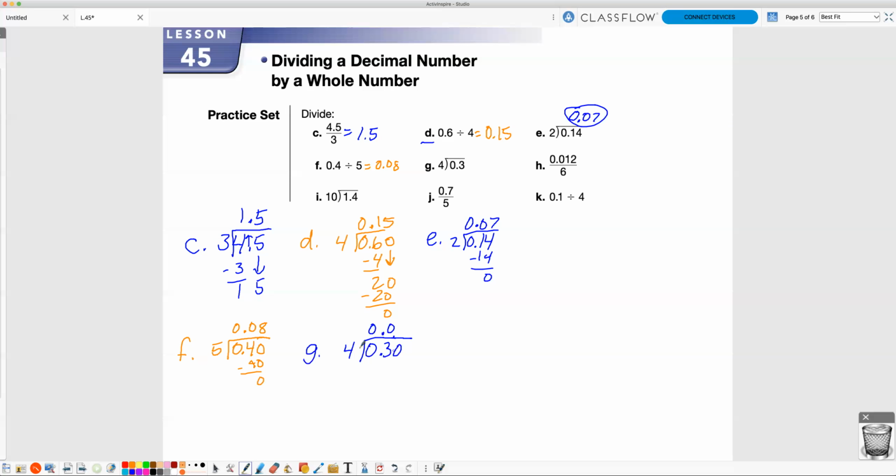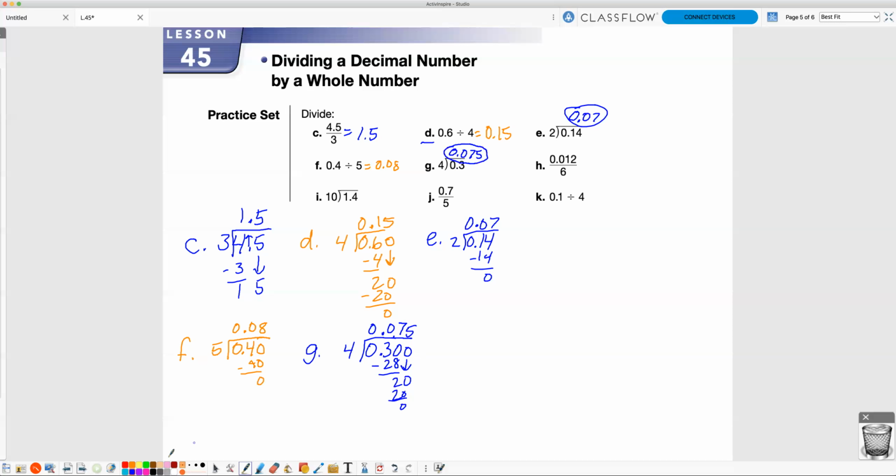Now I have 30 divided by 4. The closest I can get to that is 28. So I'm going to subtract that. I need to add another 0 here, and I'm going to bring that one down. 20 divided by 4 is 5, and 5 times 4 is 20. So then I'd have nothing left over. So the answer to this one is going to be 75 thousandths